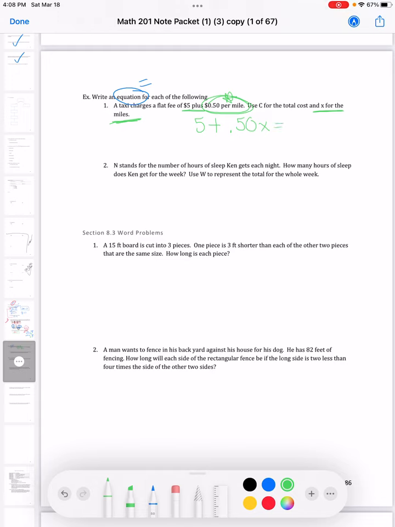Is equal to, C is going to be the total. So total makes me think that's going to be what goes on the other side of the equal sign. The equation is equal to the total. If you have a really good algebra understanding, that 50 cents is the slope. If you think about y equals mx plus b, m's being the slope, it goes with the variable,